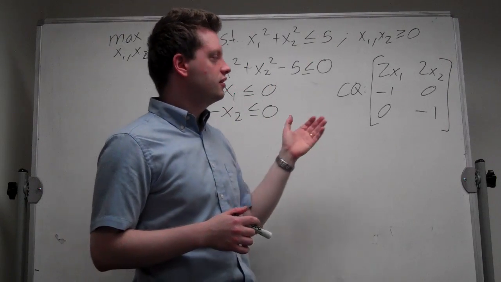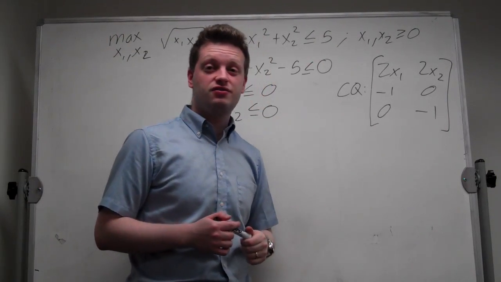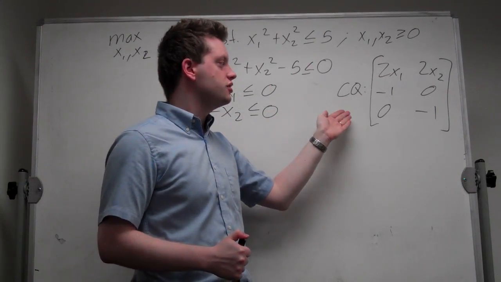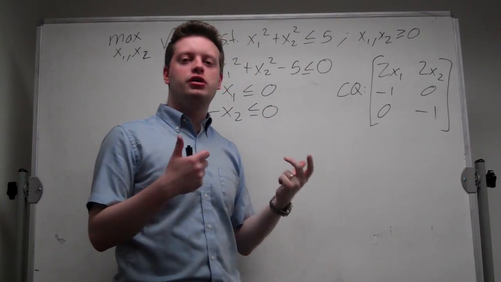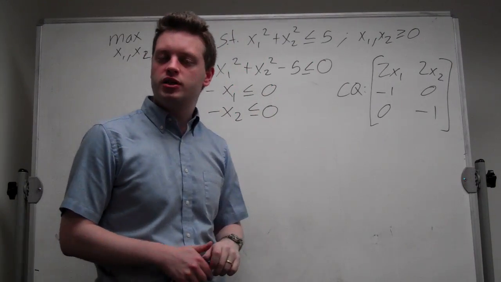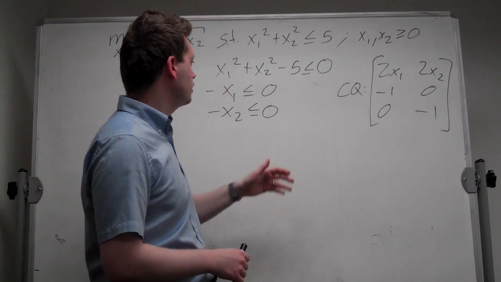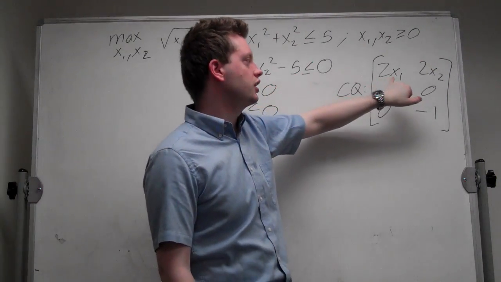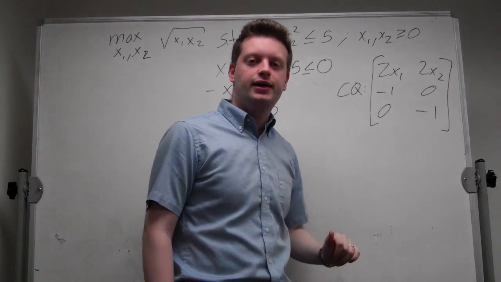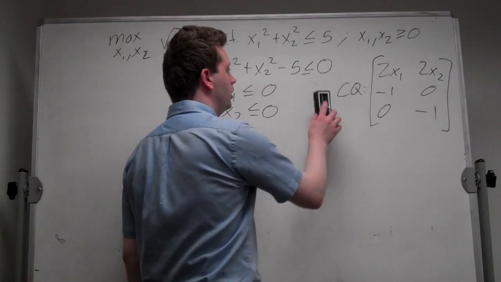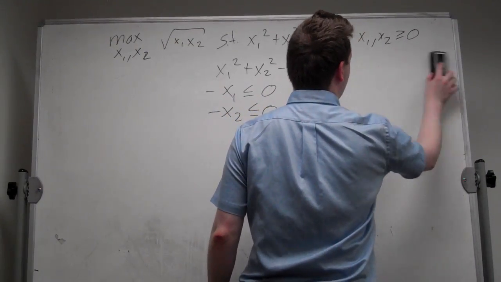If the constraint qualification was not satisfied, we would need to check any point for which it's not satisfied, whether that point is also a maximum or a minimum of our constraint optimization problem. So in particular, if I drop these two constraints, I would need to check the point 0, 0 at the end. Let's set up the Lagrangian and solve this